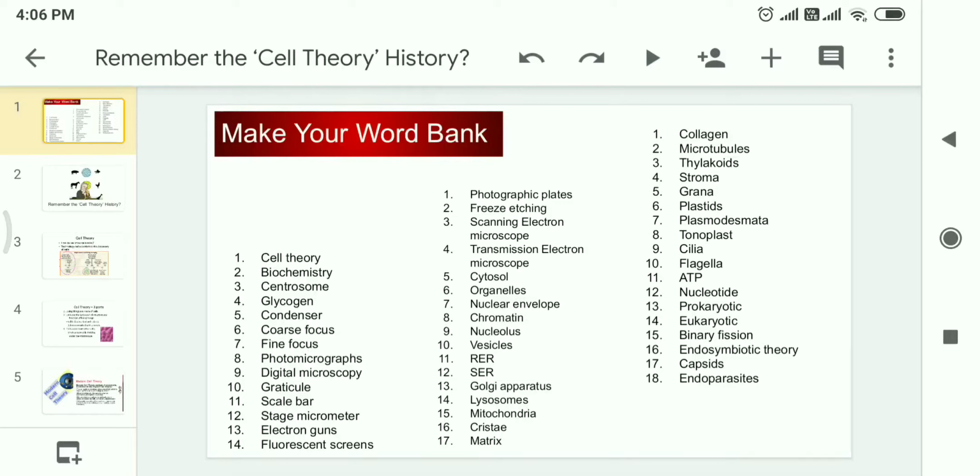So I want you to first make sure that you have a list of these words in your notebook, and you keep referring to the ebooks that I have shared in the WhatsApp group, and find out the meanings of these keywords and have them all in one place, so that when you're doing your practice questions you should be mindful about the meanings of these terms and use them in your answers.